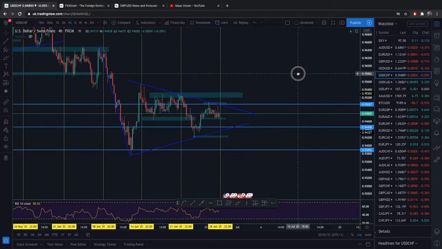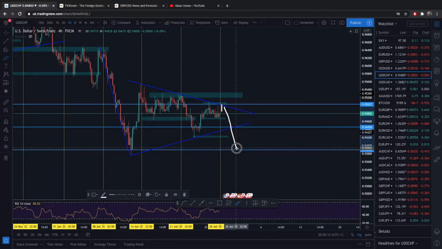Based upon the flag formation, what we should be expecting is a bearish movement from here. We expect it to play out within this wedge. So based on that, I'm looking for maybe sell opportunities from this top here. The market can go towards this area here, and then we can start to look for our sell opportunities, aiming for the top of the pole here and maybe even further down. And you know what? I'm only predicting one way for this USDCHF, which is a little bit different to the rest of the pairs.